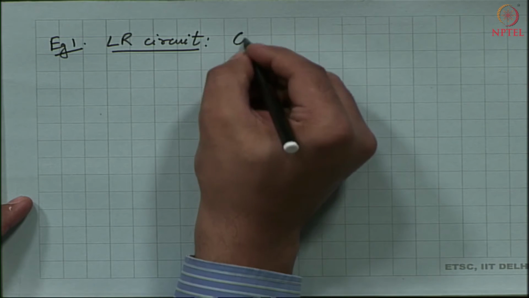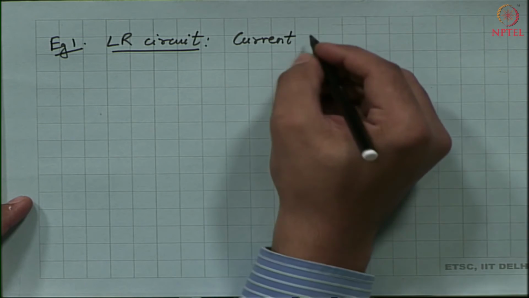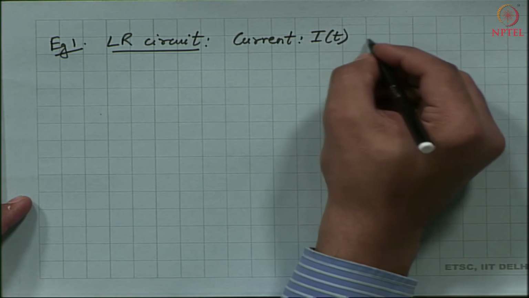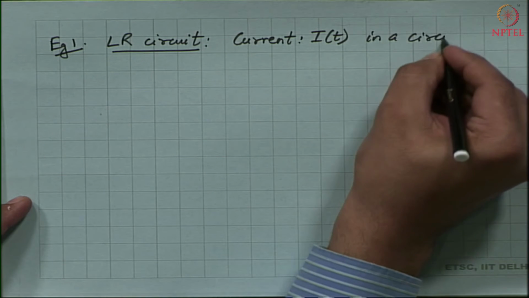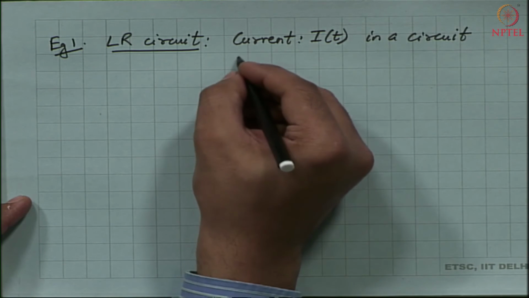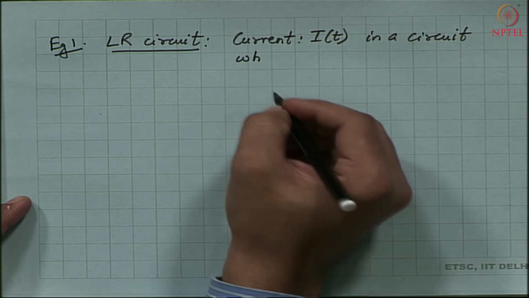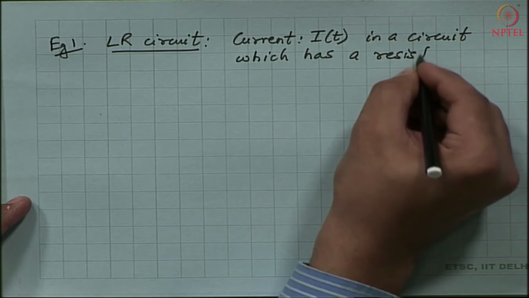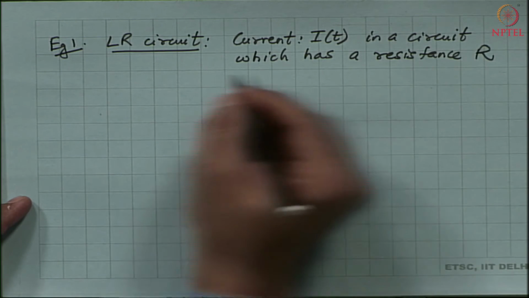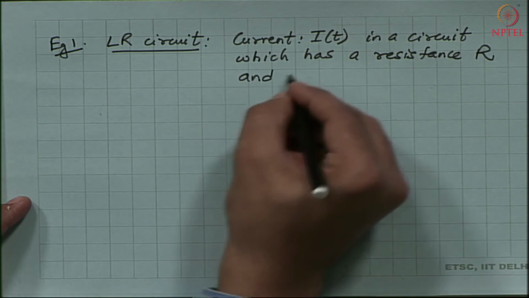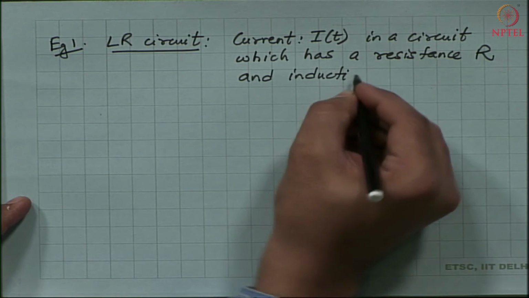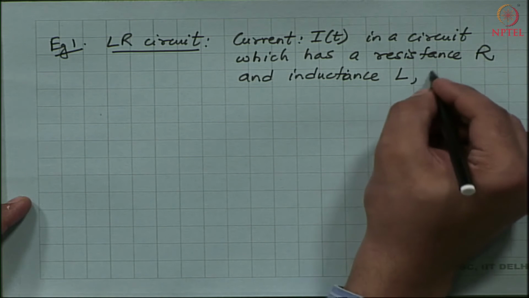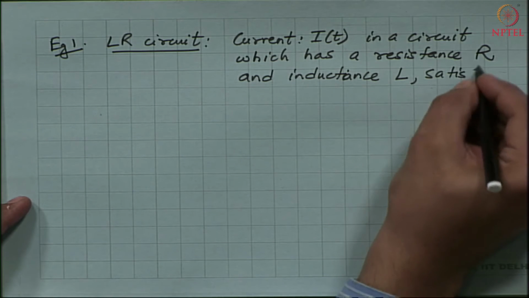So, let us say I have the current in a circuit denoted by I of t, which has a resistance R and inductance L. So, the current satisfies the following ODE,